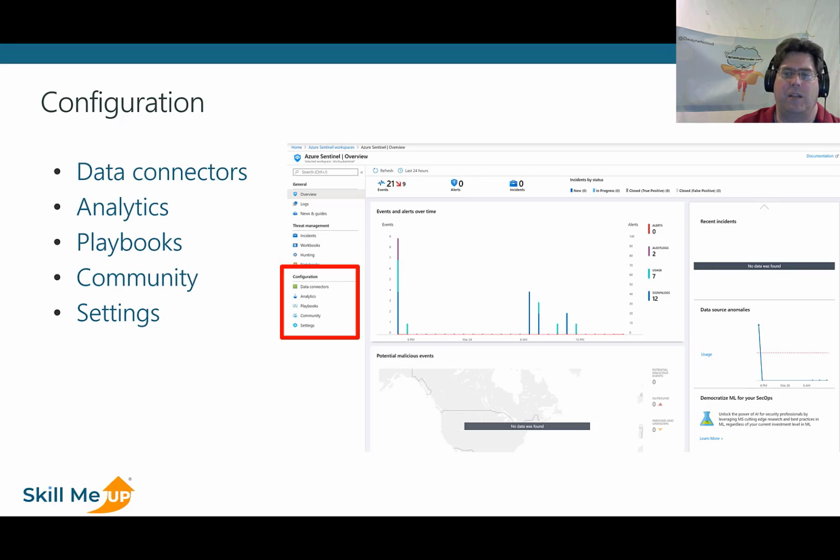And the final part of the menu is the configuration section, and this is the place where you would make additions and adjustments to the setup of Azure Sentinel. We talked about the data connector section. This is the section where you would add data sources to Sentinel. Analytics is where you would create a new rule-based